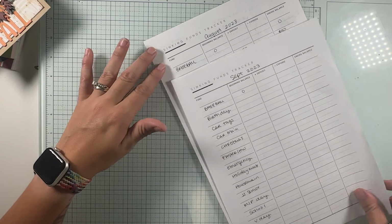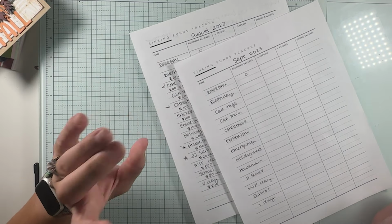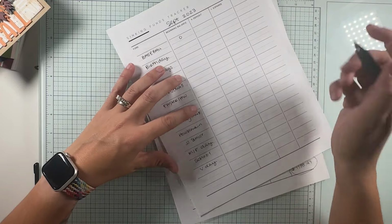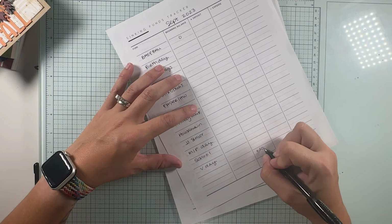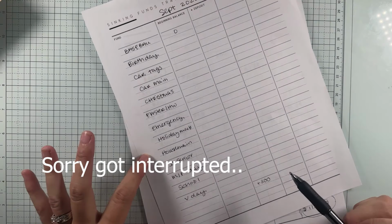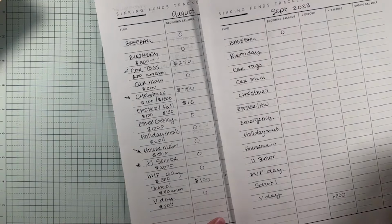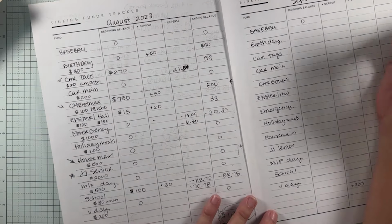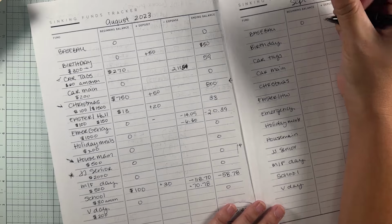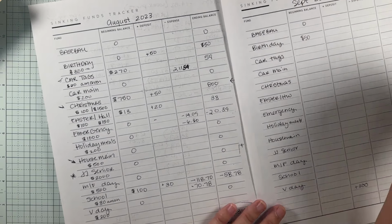Okay, so the other thing is that in our budget right now, we do put $300 into our sinking funds at the minimum. So I'm always going to put $300 in. So we are going to carry over the balances. What you do is you just carry over the balances. So there will be $50 in this one. There will be